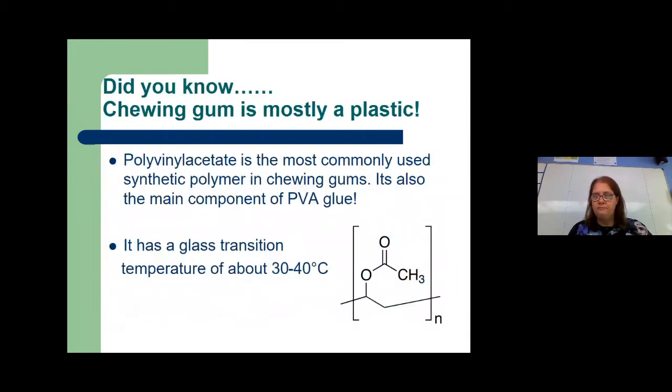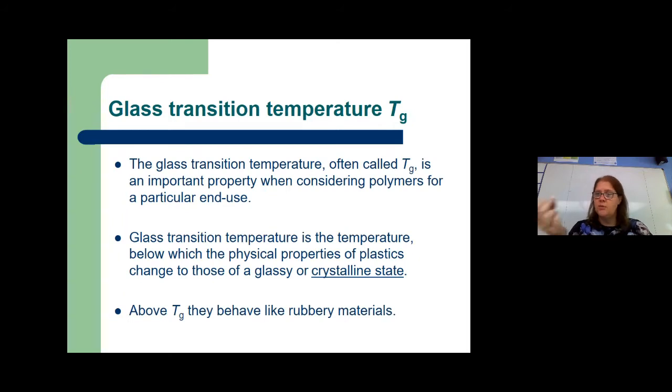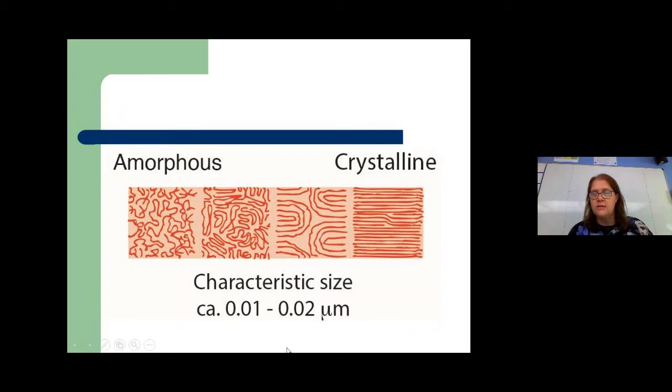Now, if we go back to this picture, you'll see the glass transition temperature of PVA is around 30 to 40 degrees. Now, obviously, your mouth temperature, the human body temperature, is 37 degrees. Okay, so at this point, you're above the glass transition temperature. So this means it's going to behave like a rubbery material. However, if we go below 30 degrees, the chewing gum will stop being rubbery, okay, and it will become a crystalline state. So you're forming something that has lines where the polymers are lining up against each other. And what that does to the property is make it very brittle.